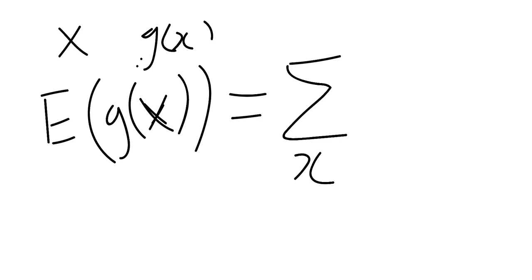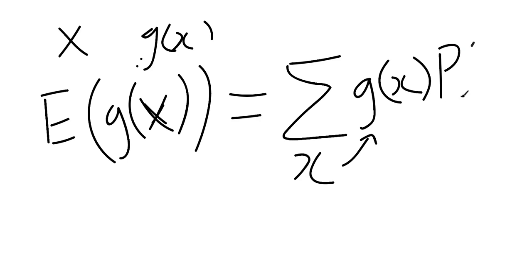This almost looks identical to the definition of expectation, except that instead of an x here, we just have a g of x multiplied by the probability that the measurement is equal to x,